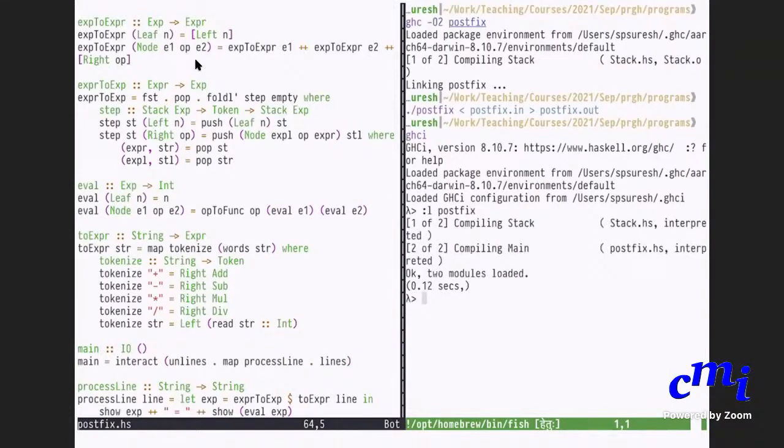You tried interact right here, is it? You did something like this. Yeah, interact reverse or something I did. Yeah, unlines, reverse, dot lines. Oh, it doesn't even print out even once.